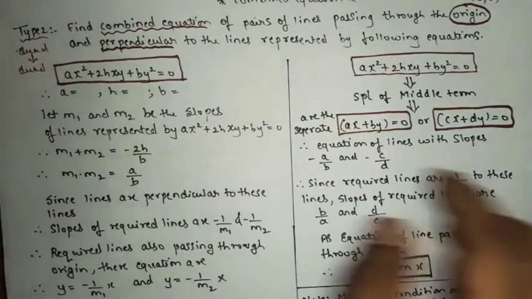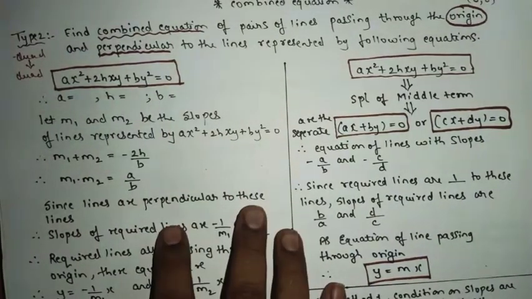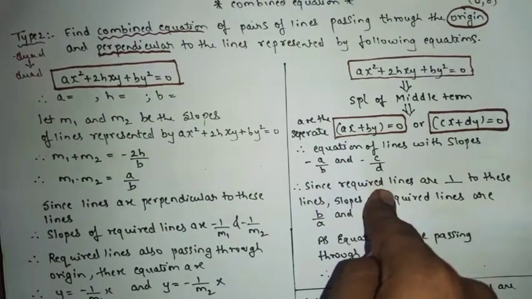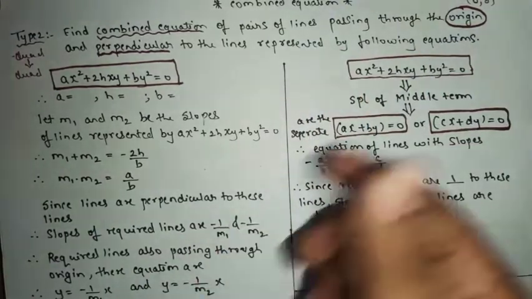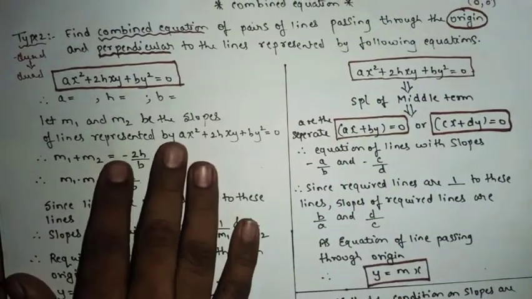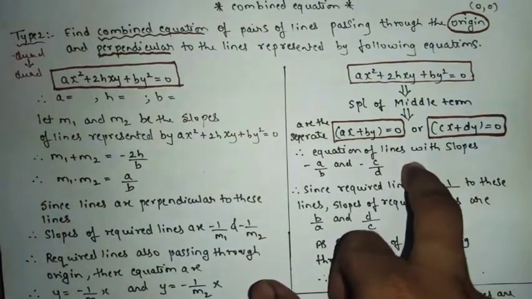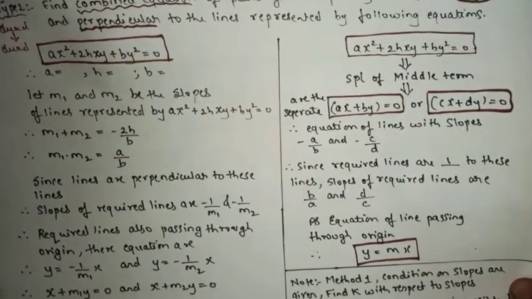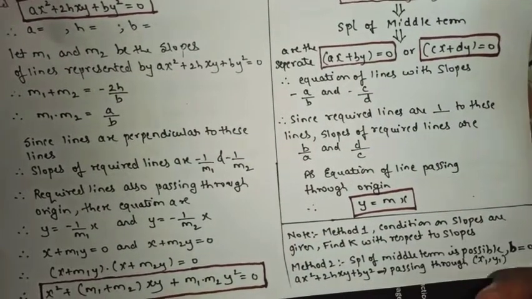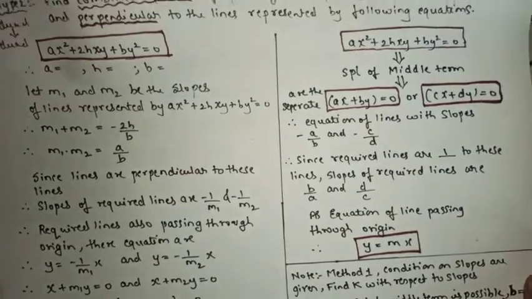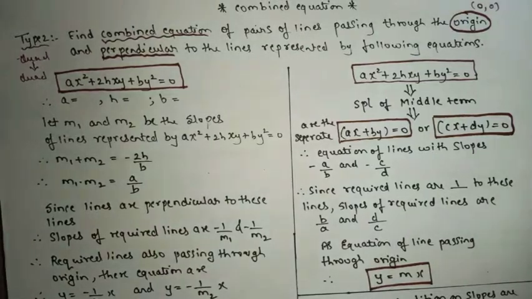Now, type number 2, as we know, you will have a quadratic equation. Okay. So now we can solve this type number 2 by two different methods. This is method number 1 and this is method number 2. It is up to you. If you feel method number 1 is easy, you can tackle the sum using method number 1. If you feel method number 2 is easy, you can tackle it using method number 2 also. But there are some points which you have to remember. Like exactly when you have to apply method number 1, and exactly when you have to apply method number 2. Okay, so now first we'll see method number 1, and we'll take this example.